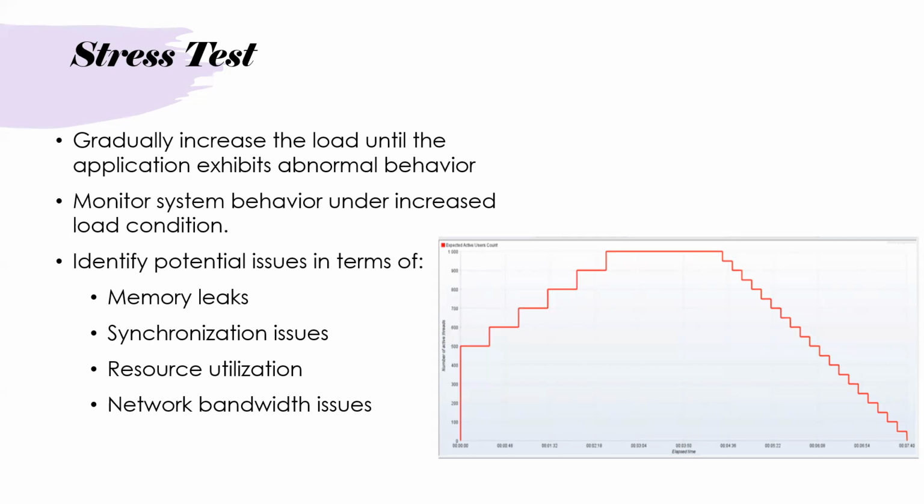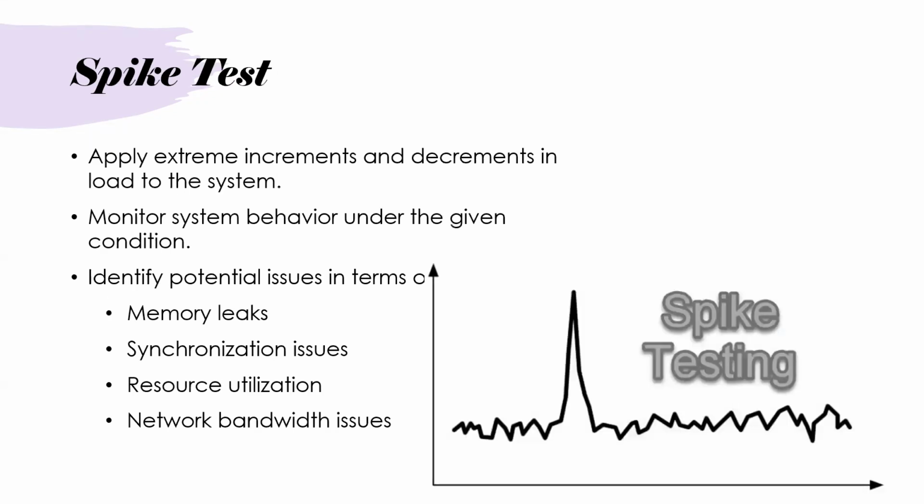Likewise, there are a lot of indications that we can identify with the stress test. The next type of test is the spike test. This will help to determine how our application behaves in extreme conditions and whether our application could recover